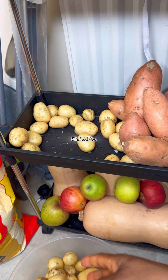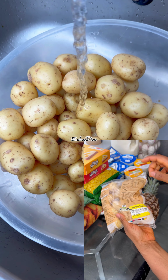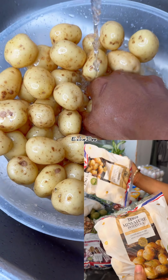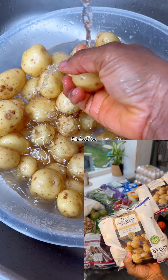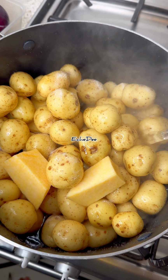So in today's video I'm just going to show you guys what I made for dinner. For those of you that remember, I got these baby potatoes from the reduced section from the store, and I've had them for some time now, just like a leftover. So I just gave it a good wash, peeled the skin, and I'm just going to boil this until they